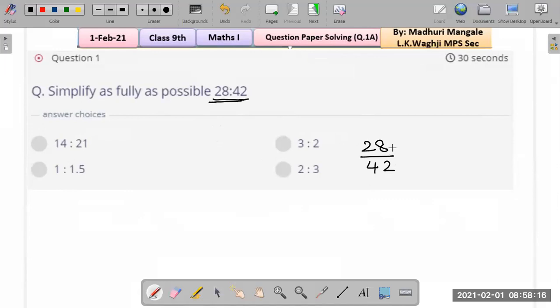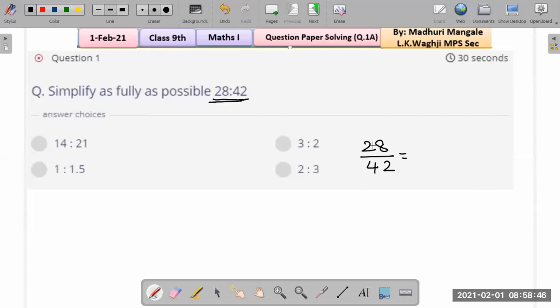Now I will give you a hint, and then you have to try. So please give full concentration on the Zoom page. What number should be used to divide both of these numbers so that we get the lowest form? Check for common factors. We see these two numbers are divisible by 2. Check by any other number. Check for 7, check for 6.